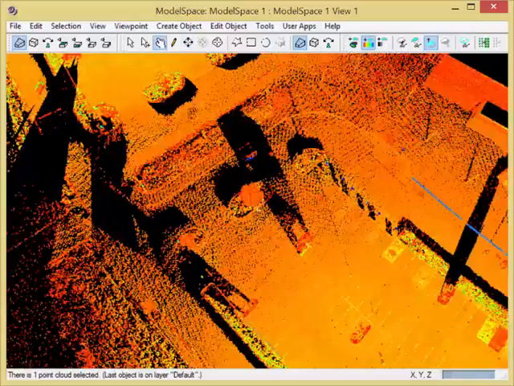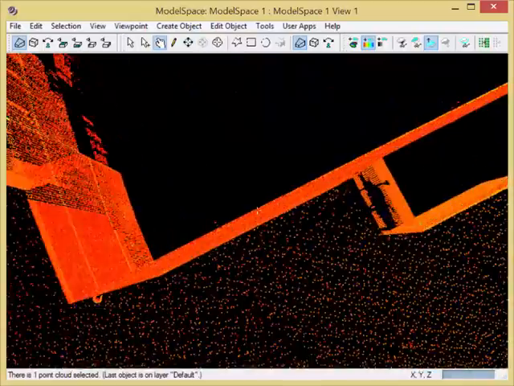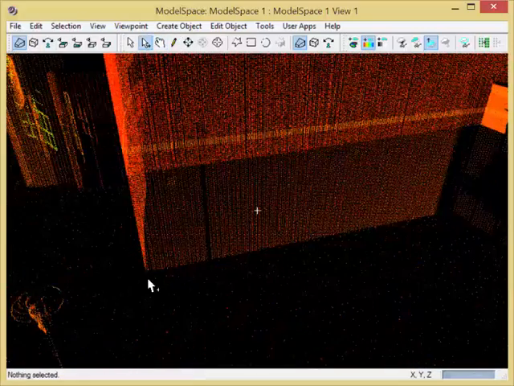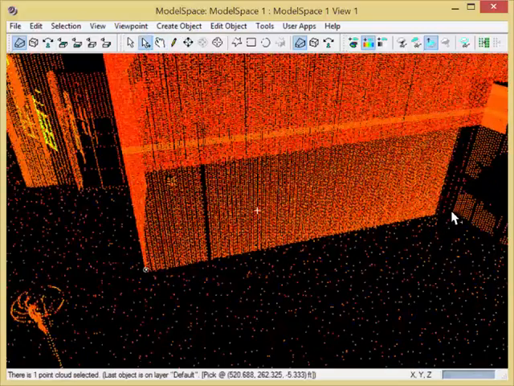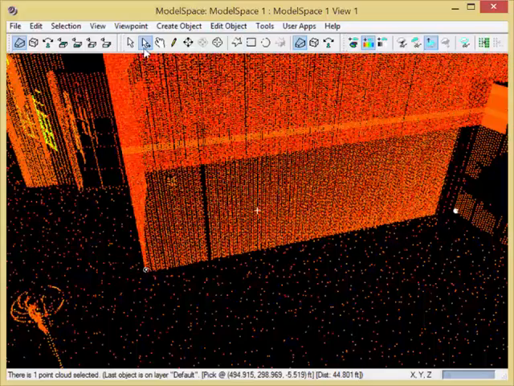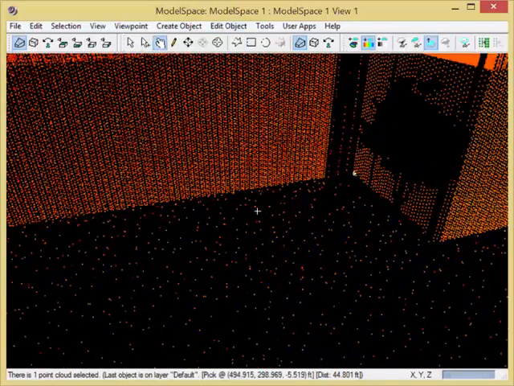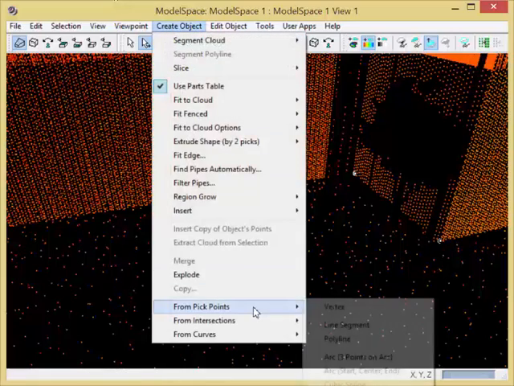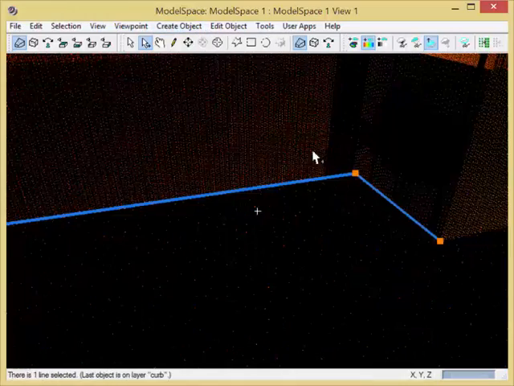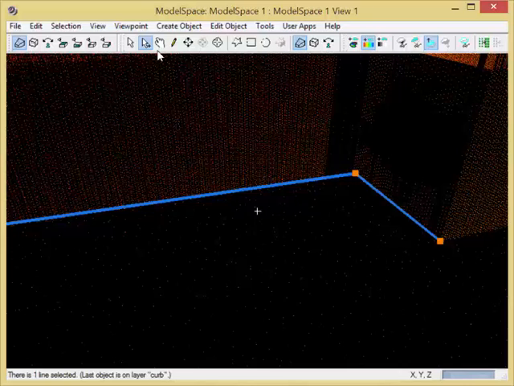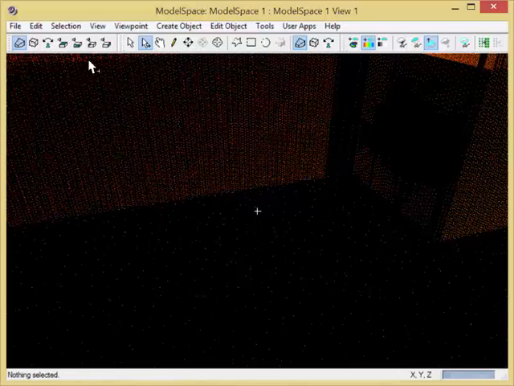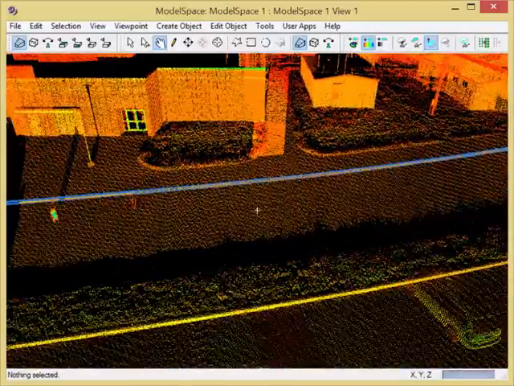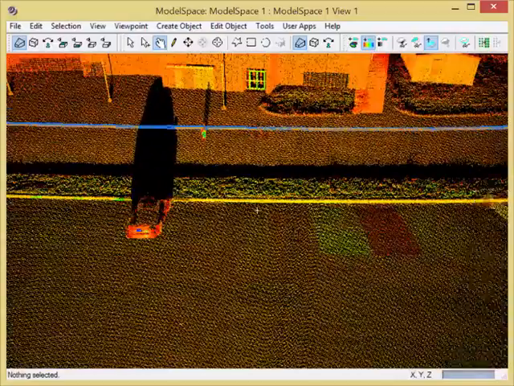Now we can come into these scans and do pick points and then create line work based on those pick points. We could do it with the curves, with the buildings, with whichever features we want, simply picking and telling it to create a polyline between those segments. Now we also have features such as fit edge, which is found in Cyclone,